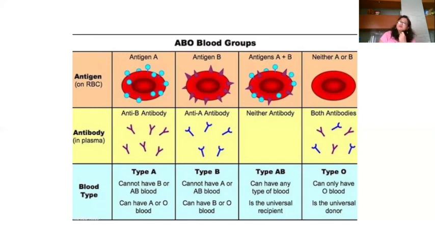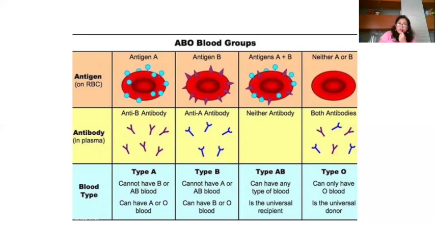Similarly, if a person has blood group B and we try to give him blood group A, the same thing will happen. Now, all of you must have heard these terms, universal acceptor and universal donor. And you all know, I'm sure, AB are universal acceptors and O are universal donors. But have you thought why so? Now pay attention here. In the next 2 minutes, you're going to get this answer.